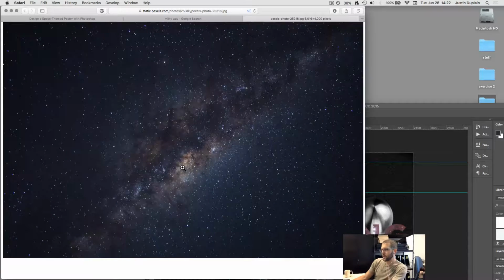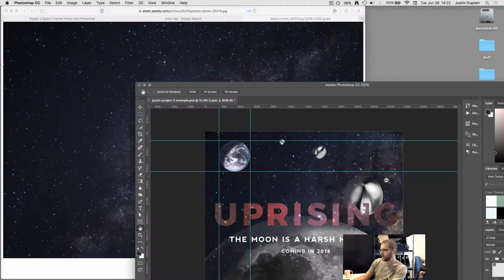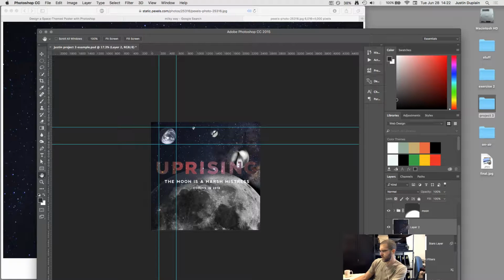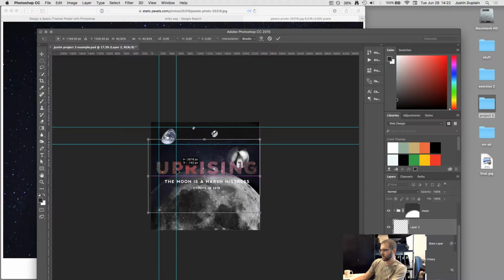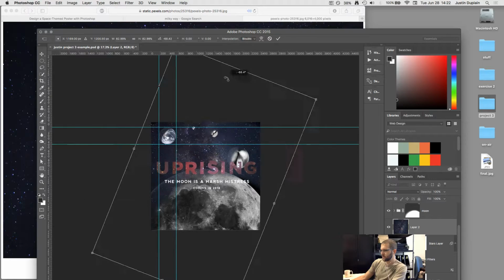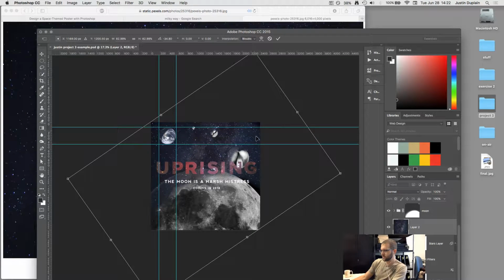Okay, I've got the Milky Way here. I will just bring that guy in and resize it to work with my image. I have no idea which direction this would normally be oriented, but I want it to be recognizable as the Milky Way here, so